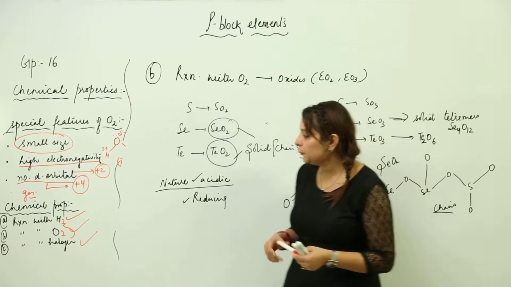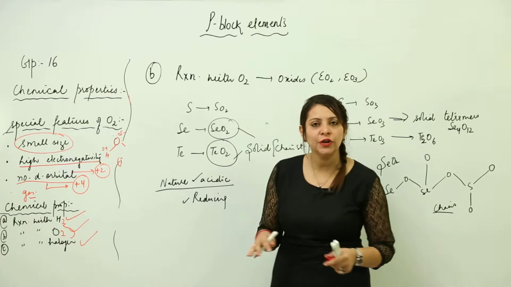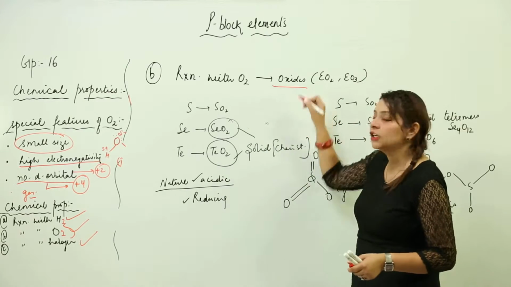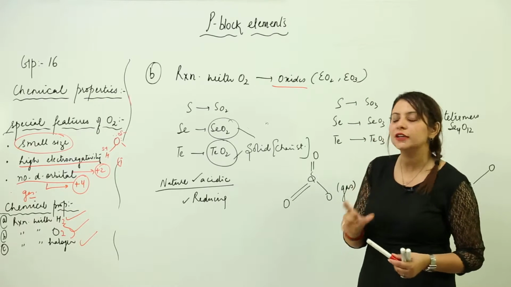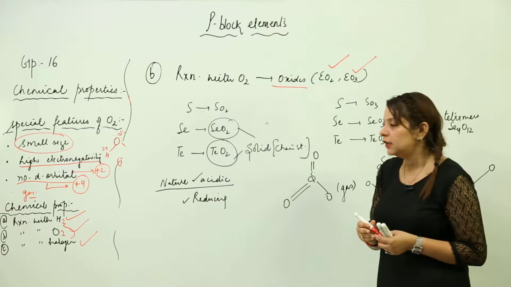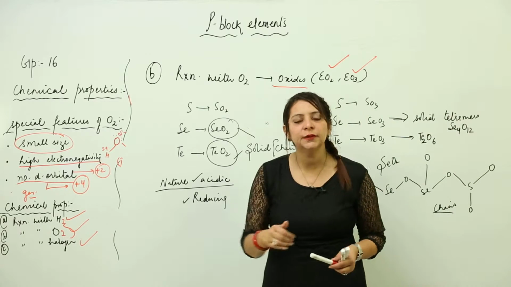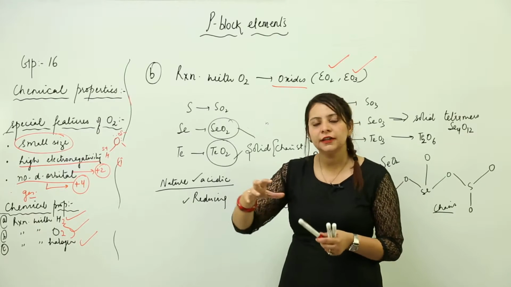Now we have the second property, that is the reaction with oxygen. We know that anything which reacts with oxygen forms oxides. So they also form oxides, but the respective formula for their oxide is basically EO2 or EO3. So we will start with sulfur here, because there is a reaction with oxygen,